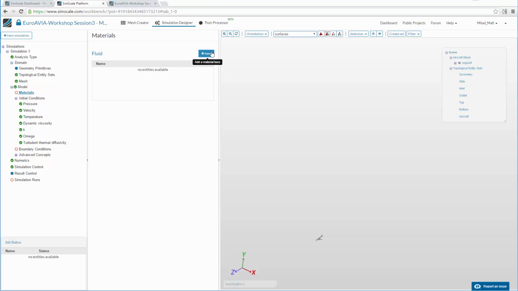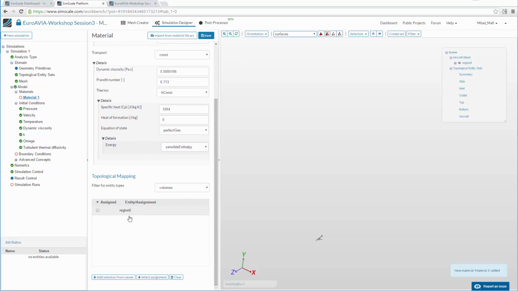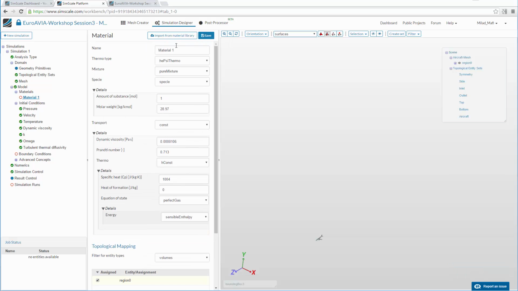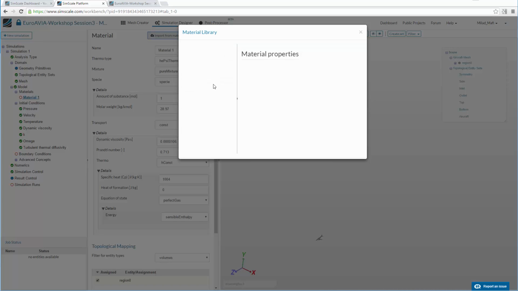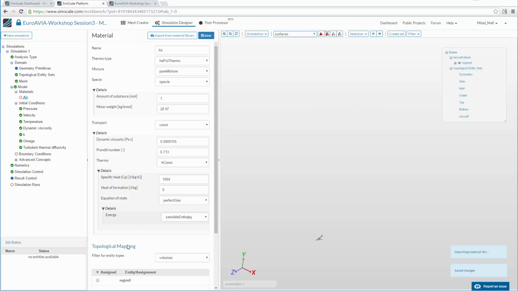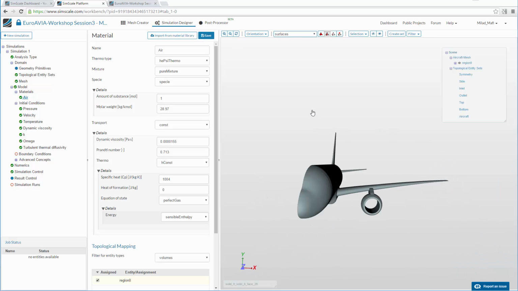is first of all to define the material property of the fluid domain. Therefore, we have to add the material. We will assign it to the only fluid flow region we have, our mesh. But instead of defining this material ourselves, we will again take a look at our material library and select air. Now this is also done,